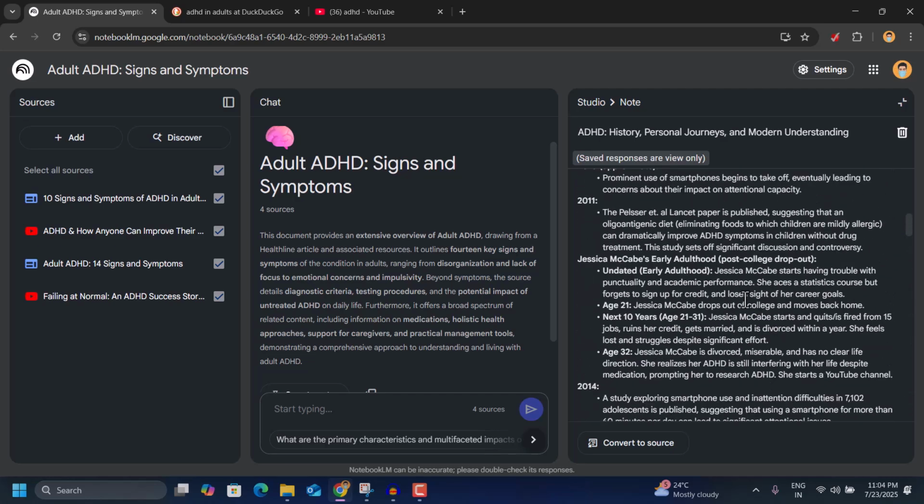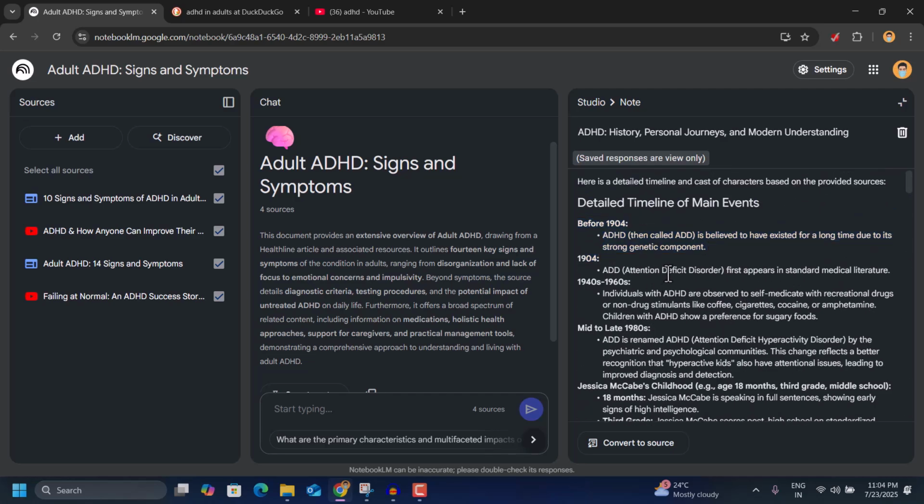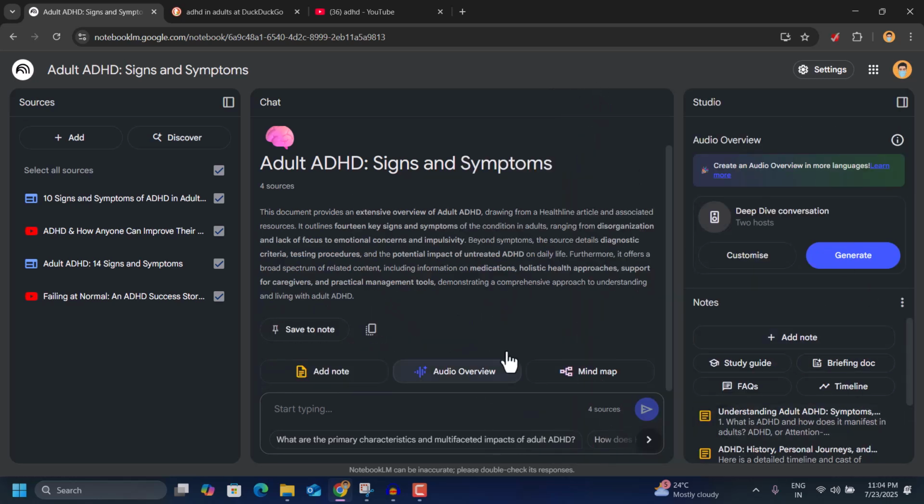And what are the different researchers who have contributed to this topic. So everything will be here as per the timelines. So now let's go back and see the